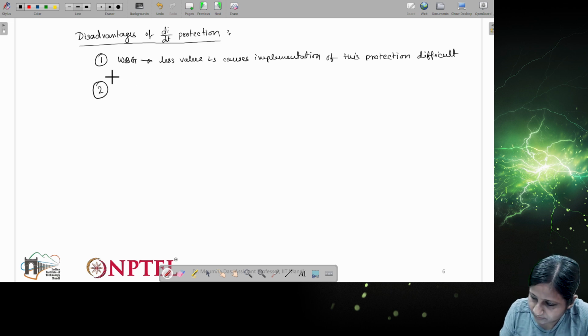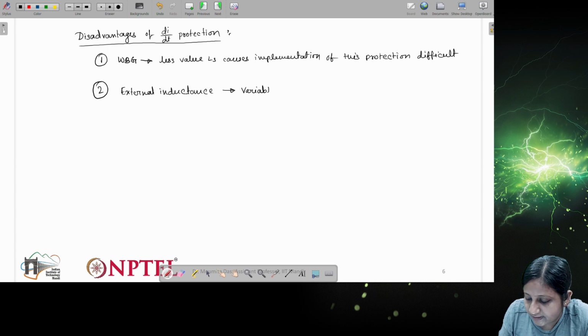Now, other associated problems are these. If we are adding an external coil or external inductance, this will be variable.